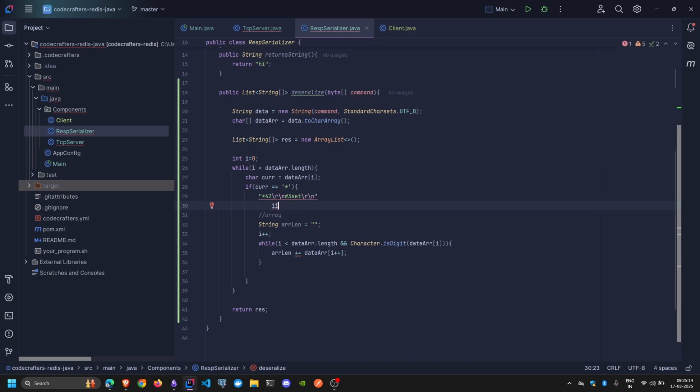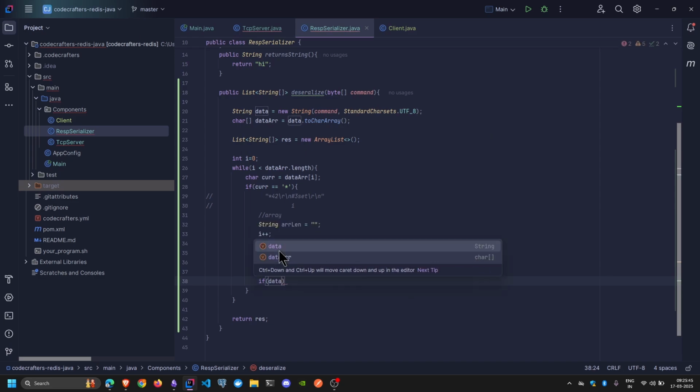Go right here, after this while loop. So now I need to do I += 2, because I need to go 2 characters ahead. I need to go 2 characters ahead, and if the next character is again